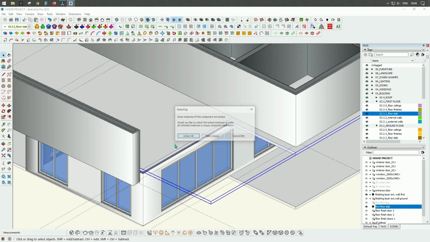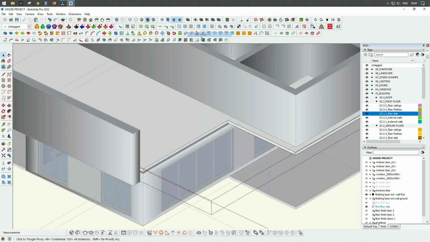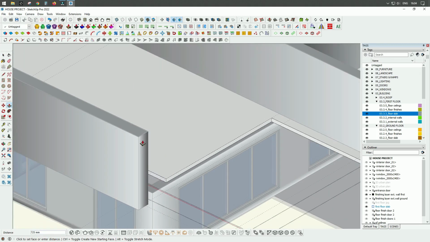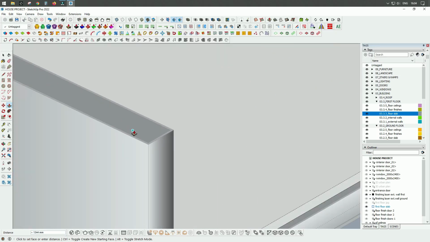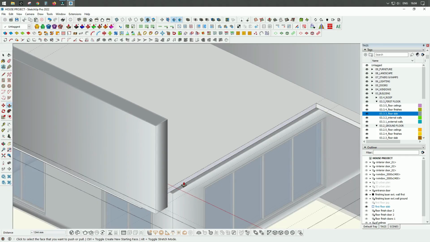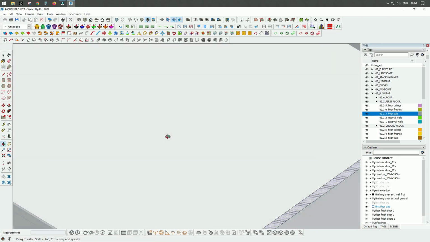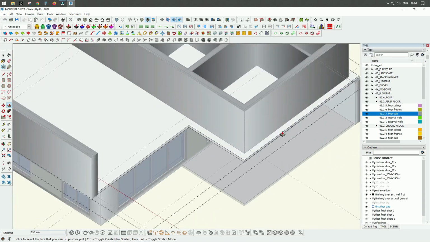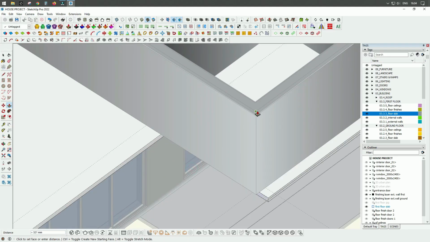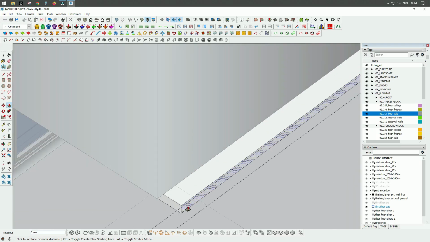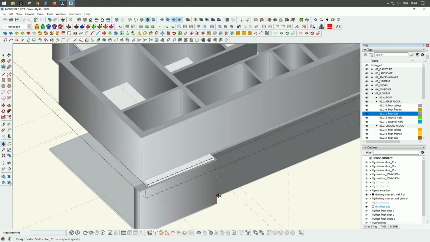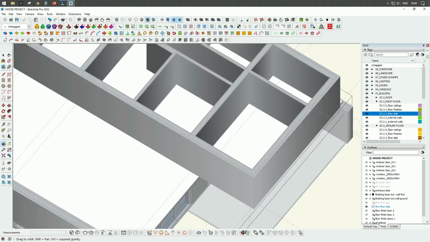I have to select again, and by using push-pull I can extend these faces, and this one must be exactly to this point here, this one must be exactly to this point here, this one up to this one, and by this way you can very easily manipulate your structural slab in order to